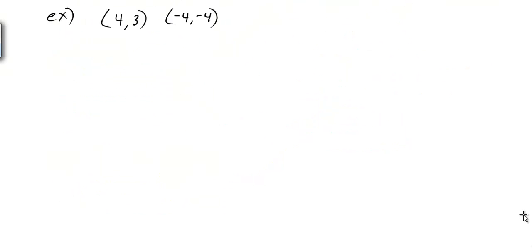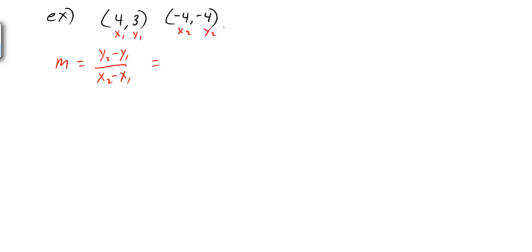So, given this problem, we have 2 points. So we're in good shape, we have a point, okay? Now, that means we need to know the slope of the line. Well, how do we find the slope of the line? Well, if we're given 2 points, we can find the slope of the line by using y2 minus y1 over x2 minus x1. So to find the slope here, then, we would plug in, and if it helps you, I'm going to label this x1, y1,